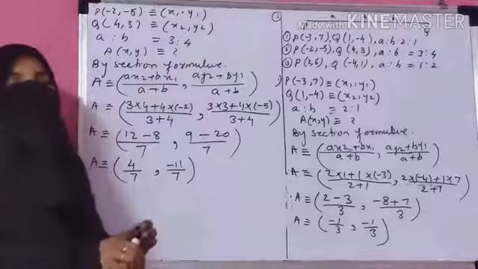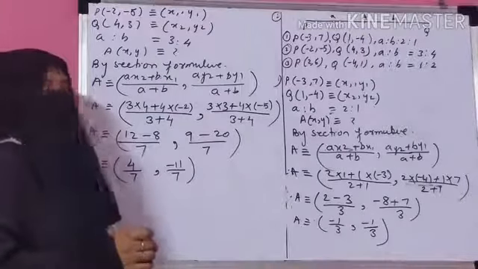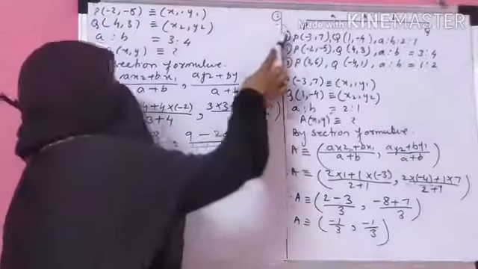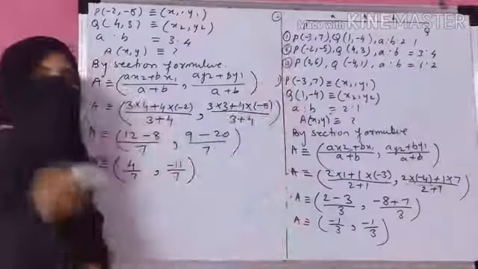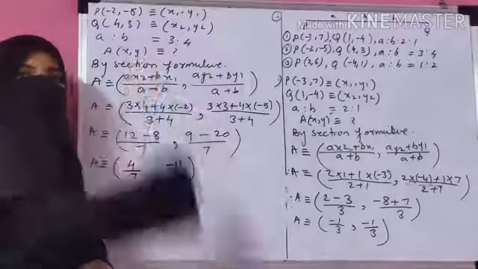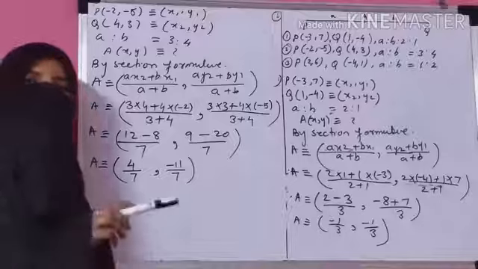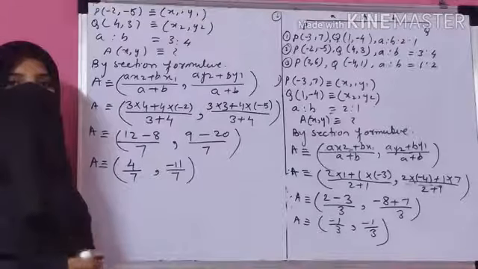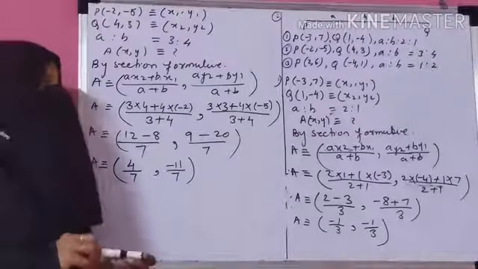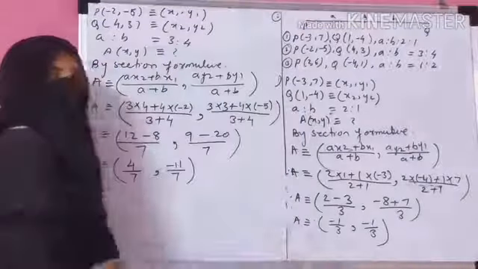Okay. So today we solved the questions based on the section formula, that is question number 1 and question number 2. In question number 2 we solved 2 questions. One question remains, that is homework for you. Solve this question, following the same steps. Inshallah in the next lecture we will continue this practice set from question number 3. Today we completed just question number 1 and 2. This question is homework for you.